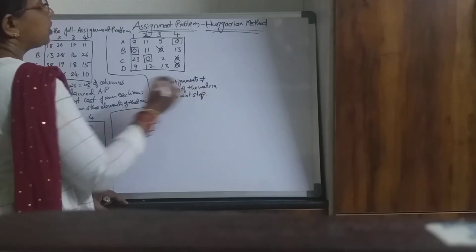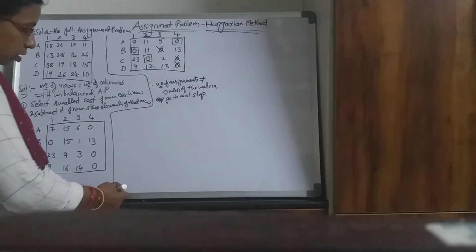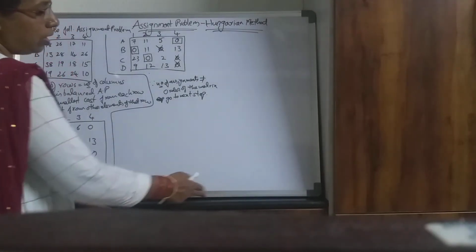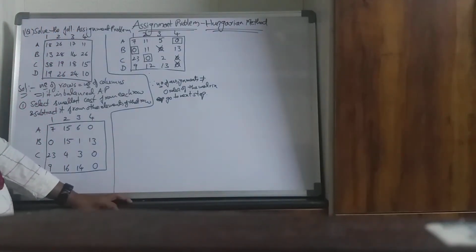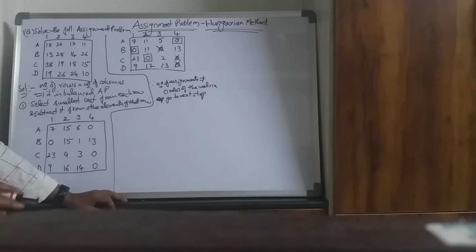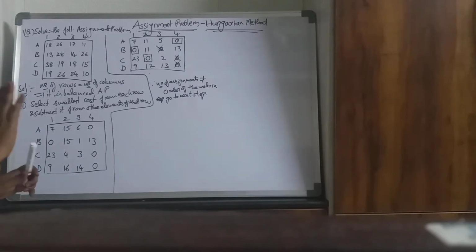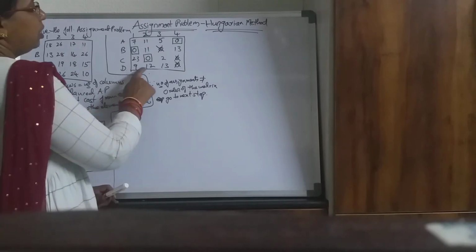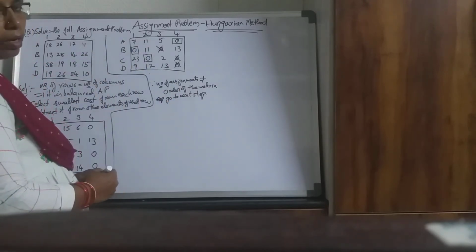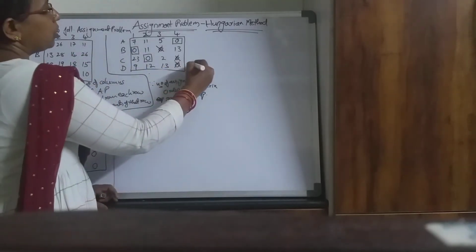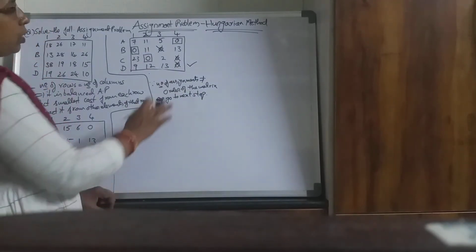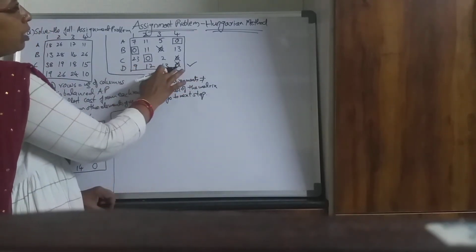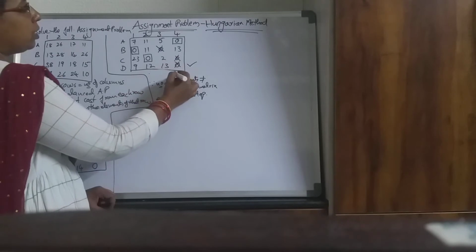So what is the next step here? What you have to do? Now you have to draw minimum number of lines such that all the zeros are covered. Now how to draw those lines? To draw those lines, first you have to mark the rows which don't have any assignment. So here which row doesn't have any assignment? Here 4th row doesn't have any assignment. So I will put a tick mark to this row. Now in this marked row, wherever you have crossed 0, mark that column.